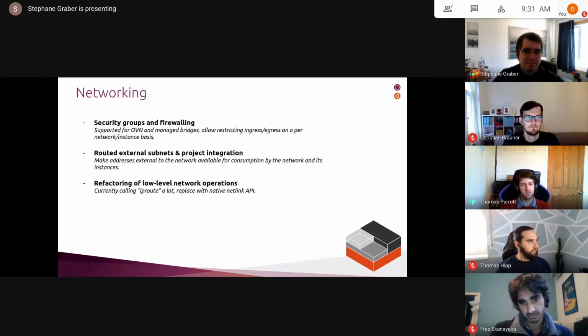And then basically those rule sets and security groups will be assigned to ports, so you'll be able to apply a network policy to a network interface on a particular VM or container and have the virtual network enforce that policy for you. Yeah, and you should be able to apply multiple ones of those per port or per instance.